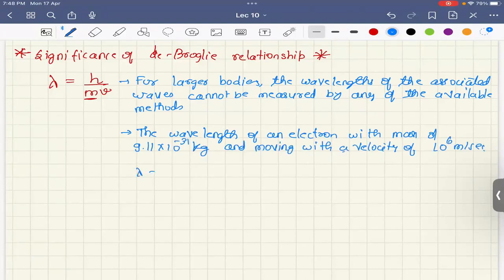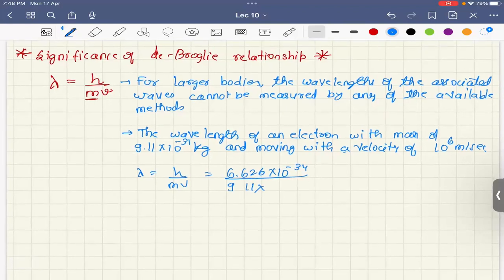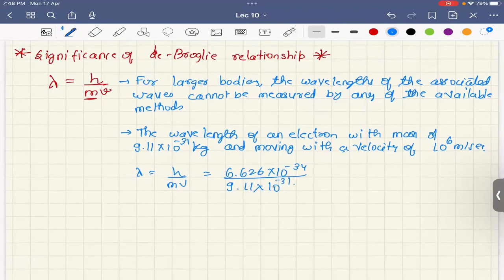So for that, the wavelength would be h by mv, which is 6.626 into 10 raised to power minus 34 divided by 9.11 into 10 raised to power minus 31 multiplied by 10 raised to power 6, which comes out to be approximately 7.28 into 10 raised to power minus 10 meter,